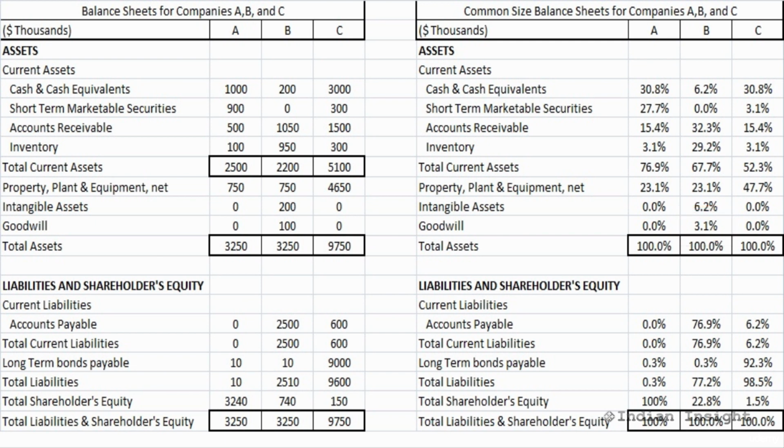In general, the common size analysis is useful for cross-sectional analysis, that is, comparing companies with each other for a particular time period or comparing a company with industry or sector data. In this video, we have broadly covered common size analysis of the balance sheet. In the next video, we are going to look at the common size analysis of the income statement.